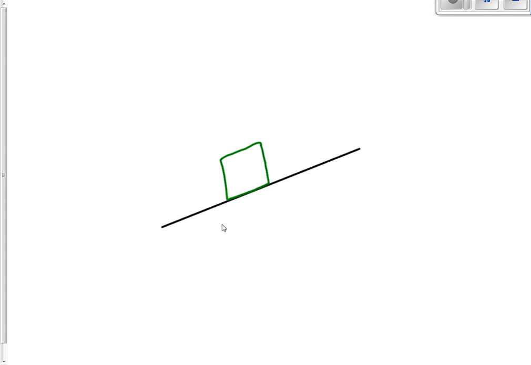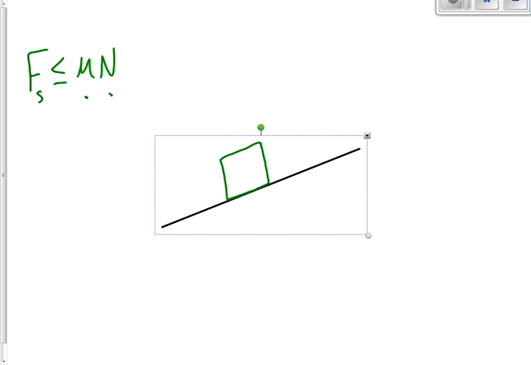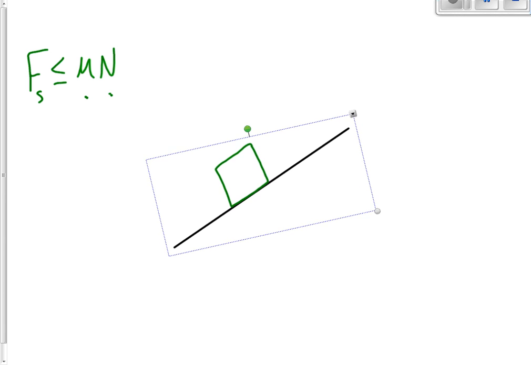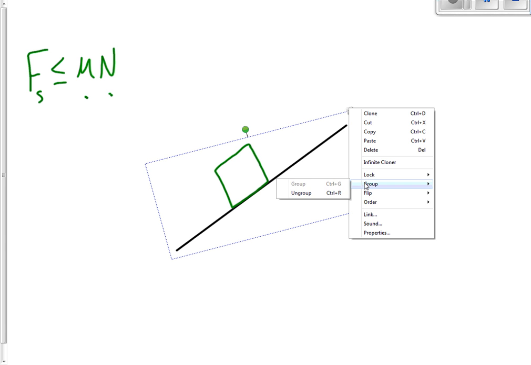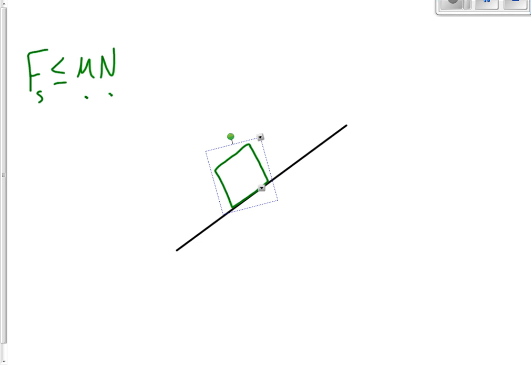So remember, in order for something to slide, it has to overcome this force of static friction. So static friction is less than or equal to mu times the normal force. So I have two surfaces, so mu is not going to depend on the angle, but the normal force does. So there must be some angle. If I start tipping this thing, then eventually, let's say right there, I'm going to find that that's an angle at which the block